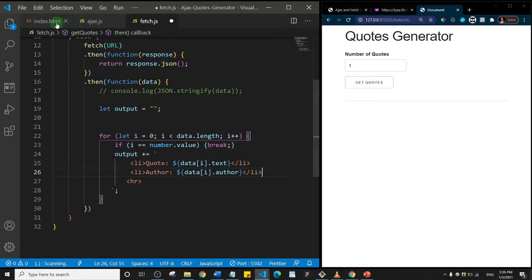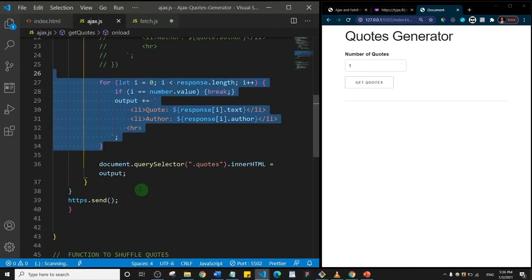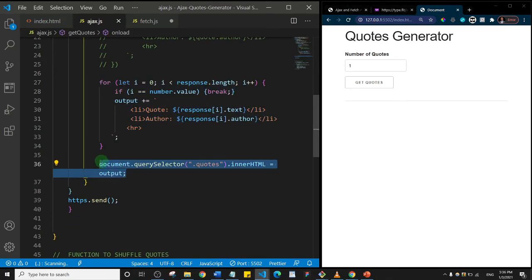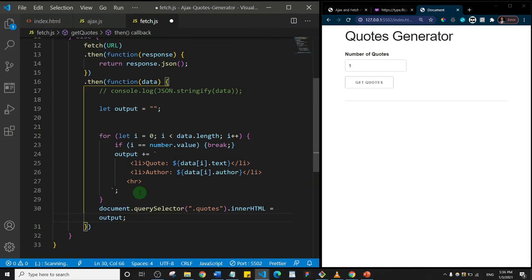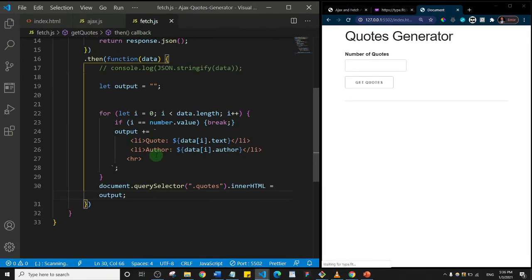One last thing we need to do is display it on the page. So I'll just grab this here, Control C, and come outside here after the for loop, and I'll paste that in, and I think that should do it. I'll save,